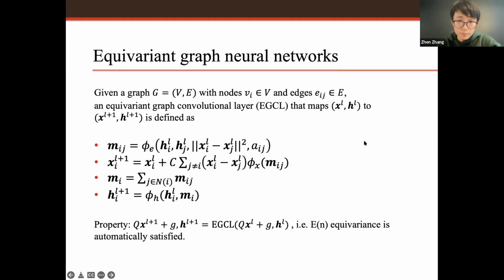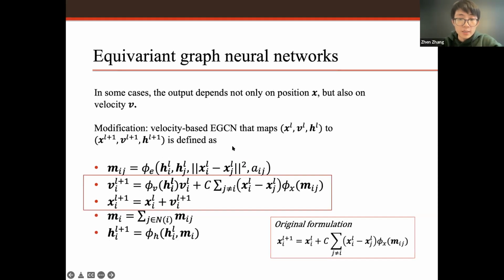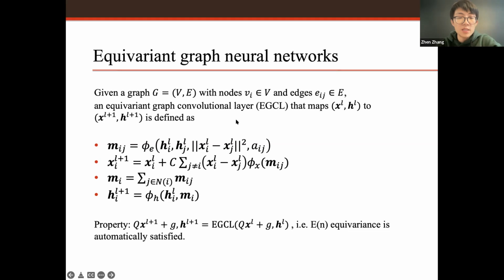And the only difference between this approach and the original one is that it takes this XIL minus XJL, which is the distance between particles, into the input of the neural network. And through that, they prove that they can achieve this so-called EN equivariance, basically translation equivariance and permutation and rotational